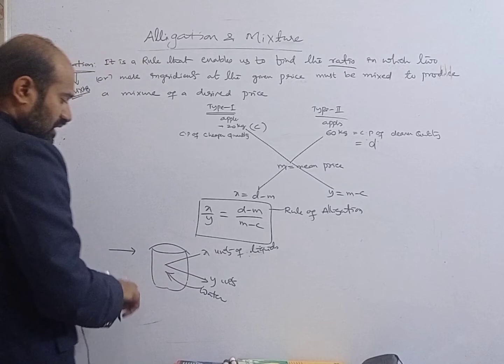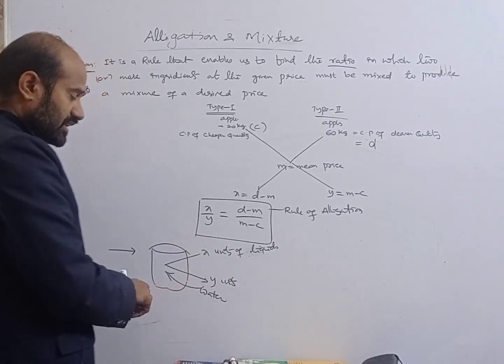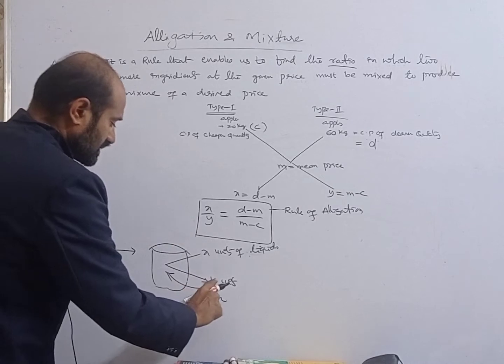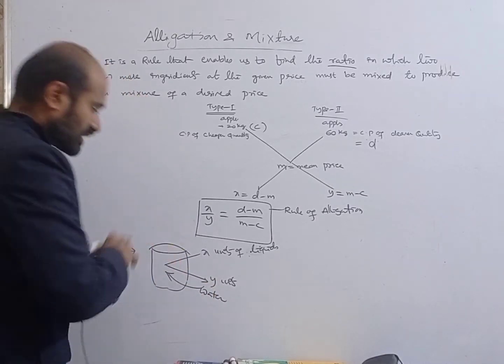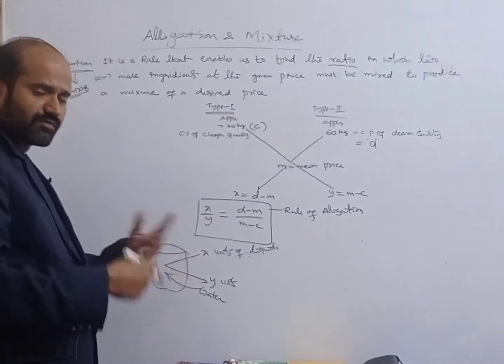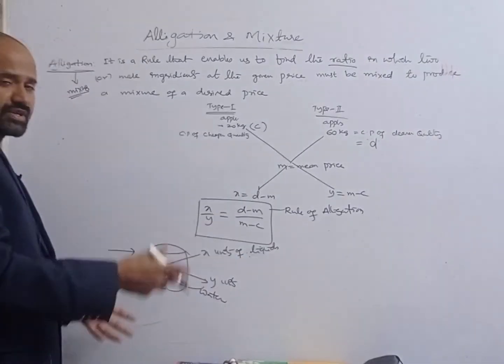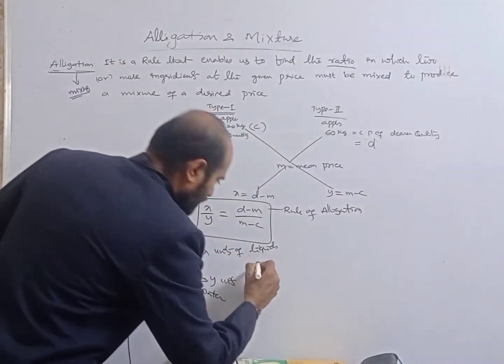If we remove y units of liquid from this container and add the same amount of water to this container, and we repeat this process one time, two times, three times, four times, and so on, these are operations. So after n number of operations,